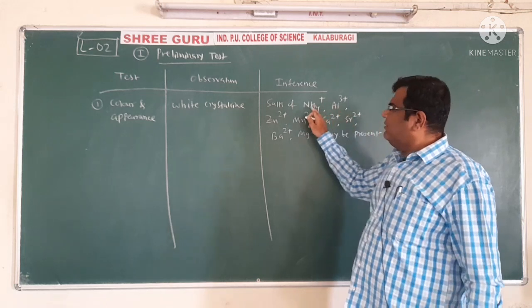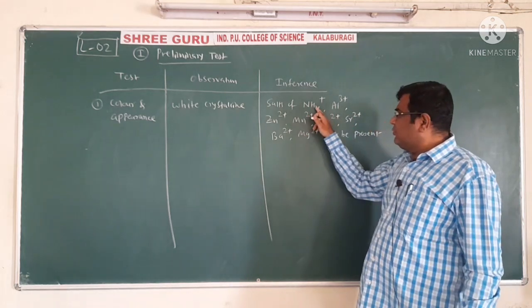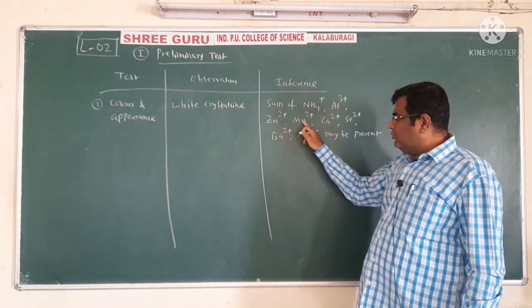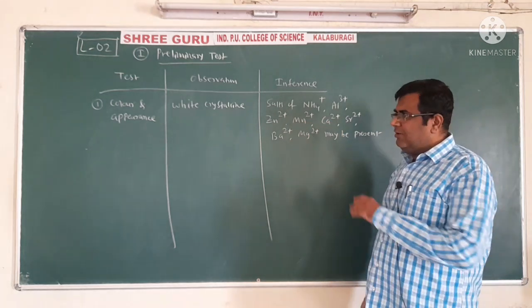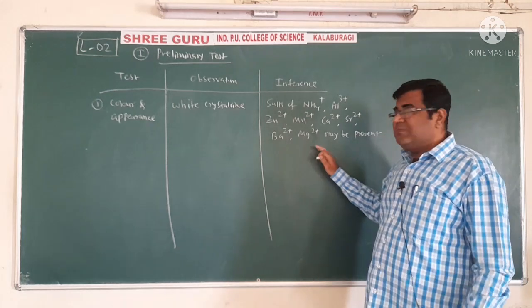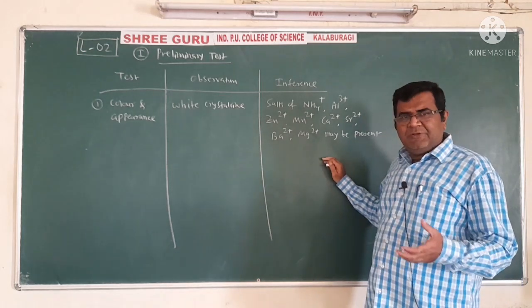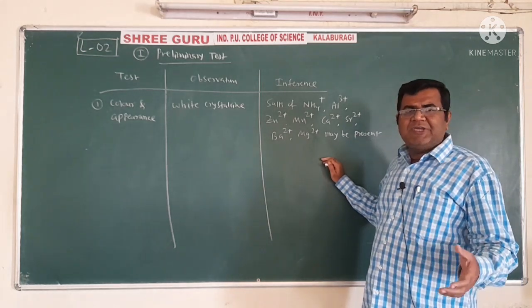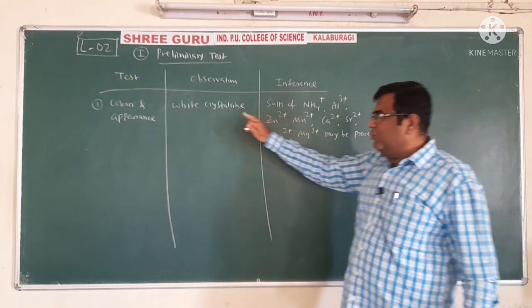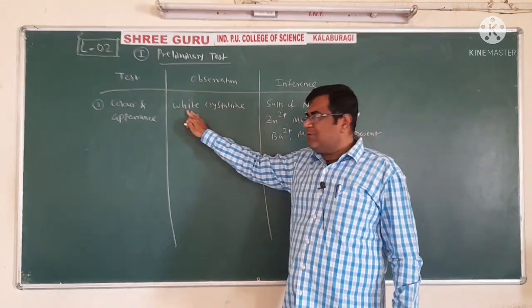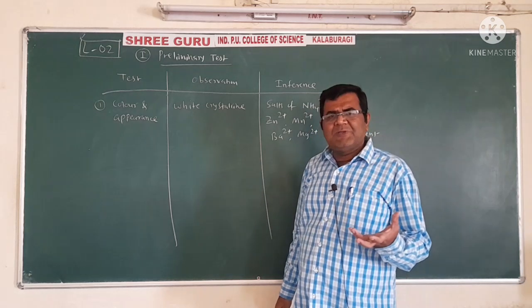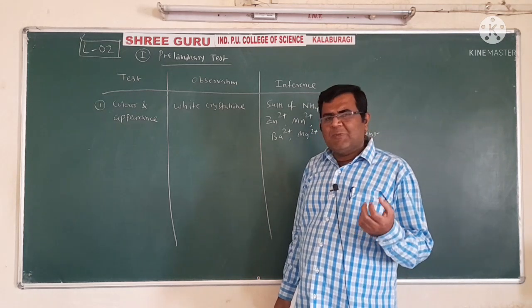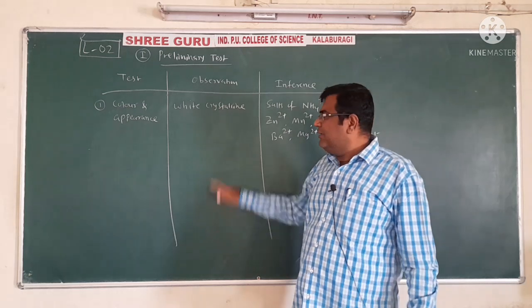So what we have done? Basic radicals, 0 group, 3rd group, 4th group, 5th group and 6th group may be present. That is our inference. Inference means that is our conclusion. We are moving towards the identification. And first thing, we look into the salt. It is colorless, white, and crystals shining. You know the difference between crystals and amorphous. Amorphous is just like talcum powder. So it is white